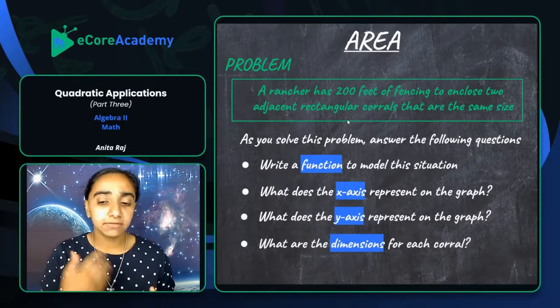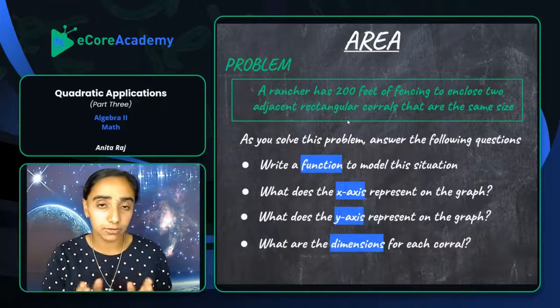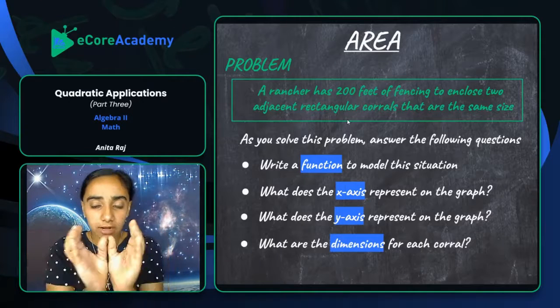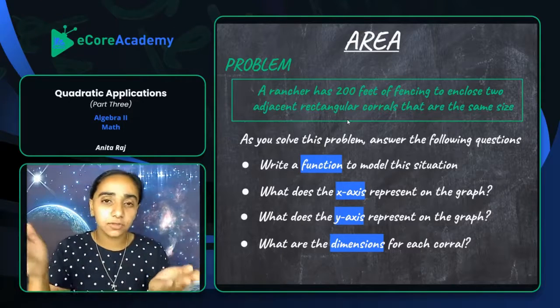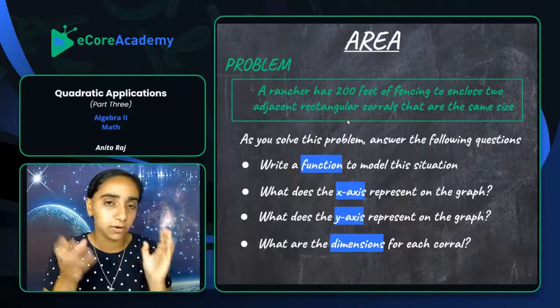Next, we are going to be giving the dimensions for each corral. So we're going to be giving the length and the width of each corral, not the whole area. So even though the corrals are right next to each other, we're not giving the dimensions of the entire area. We're going to be looking at one corral because remember, they're